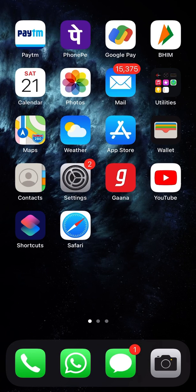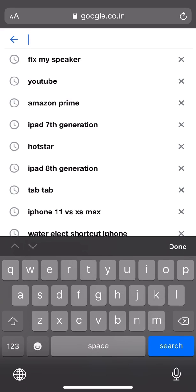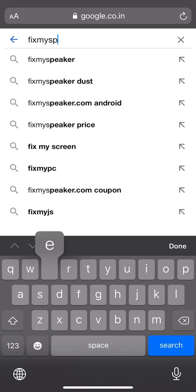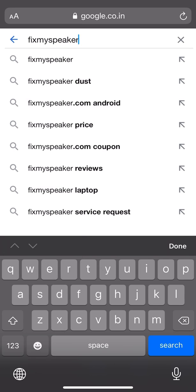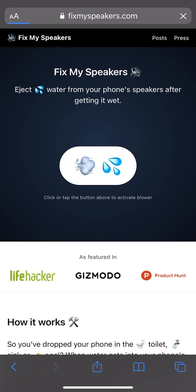So firstly, what we have to do is open the Safari browser, in which we have to type "fix my speaker" in the Google search bar and press search. After that, we have to click on the very first link given, and in it we have to tap the button above to activate the blower. After pressing it,